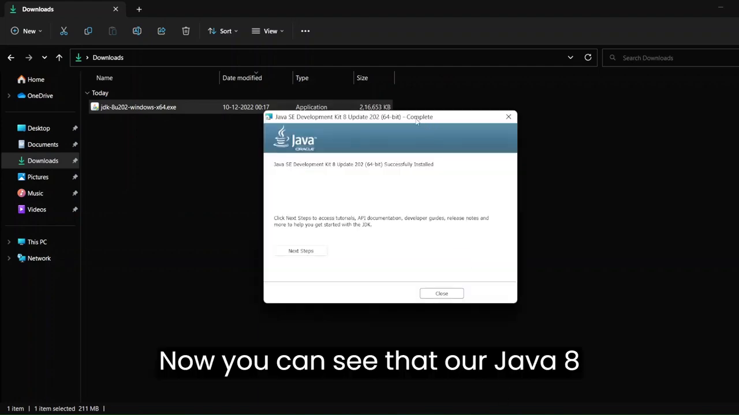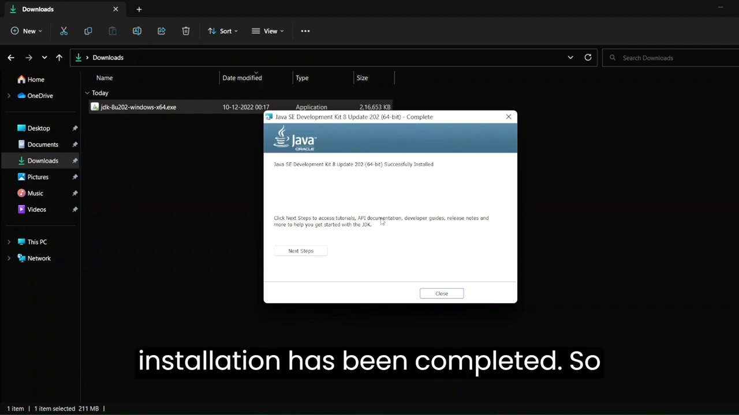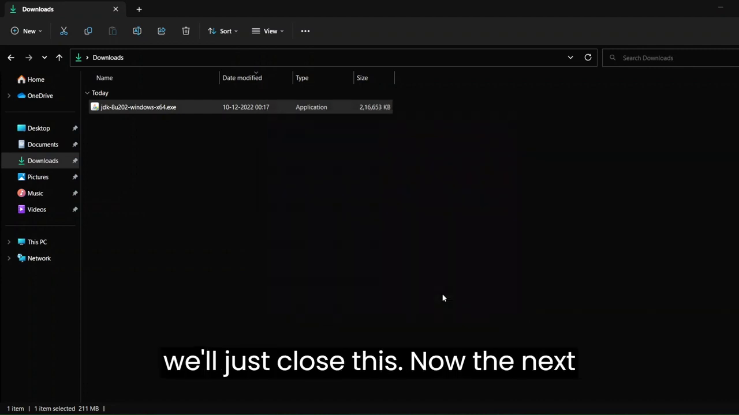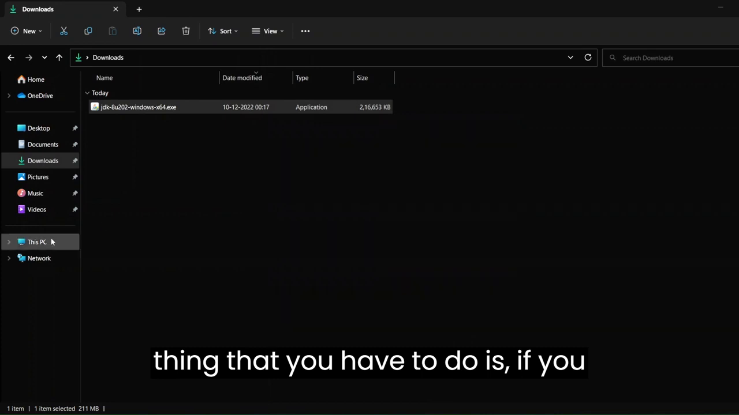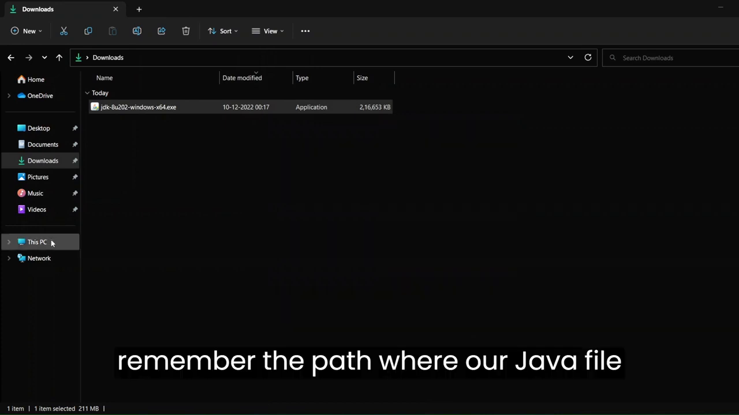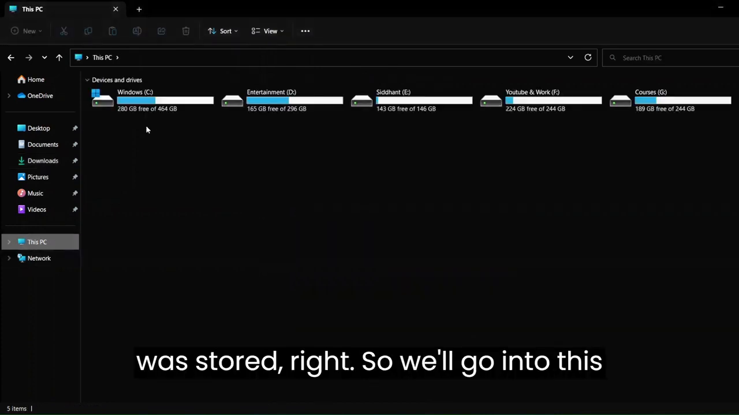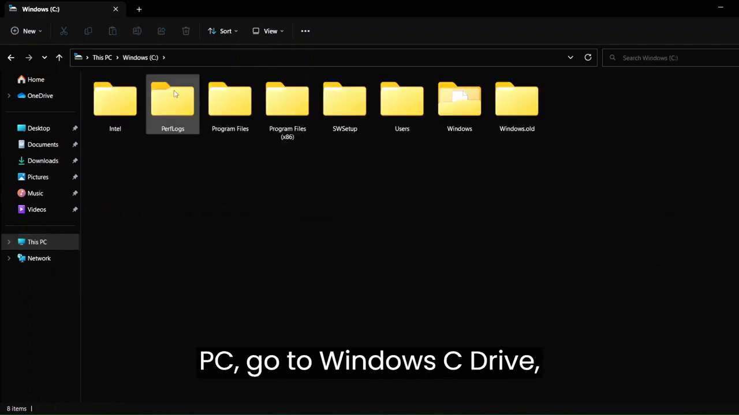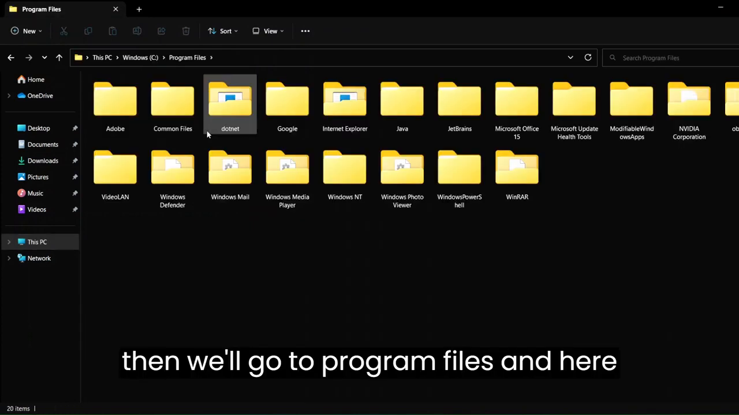Now you can see that our Java 8 installation has been completed. So we'll just close this. Now the next thing that you have to do is, if you remember the path where our Java file was stored, right? So we'll go to This PC, we'll go to Windows C drive, then we'll go to Program Files, and here